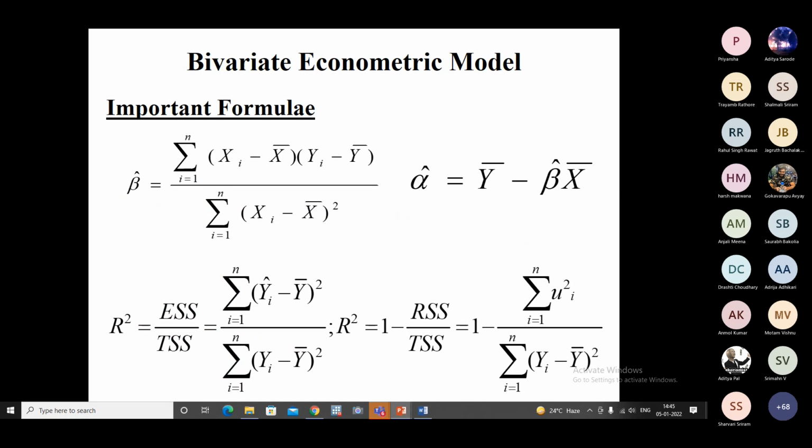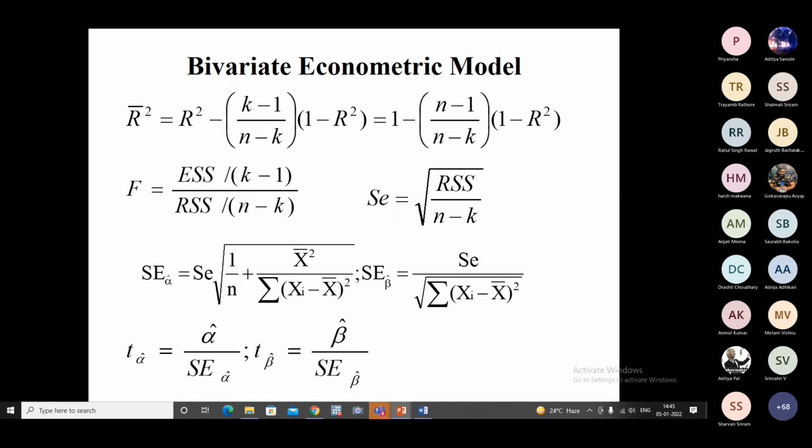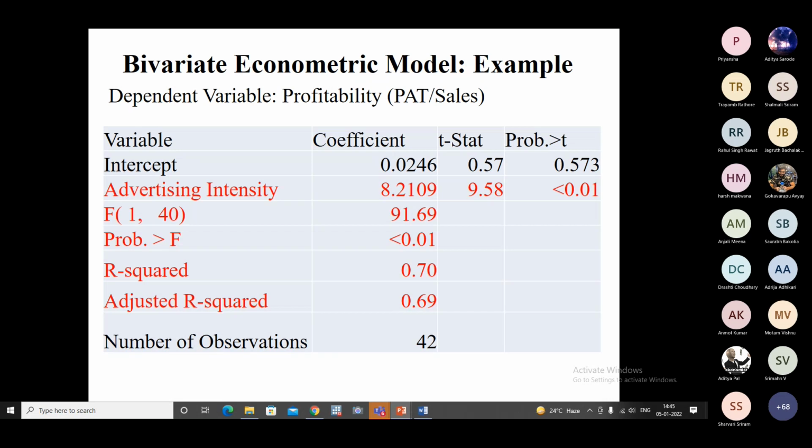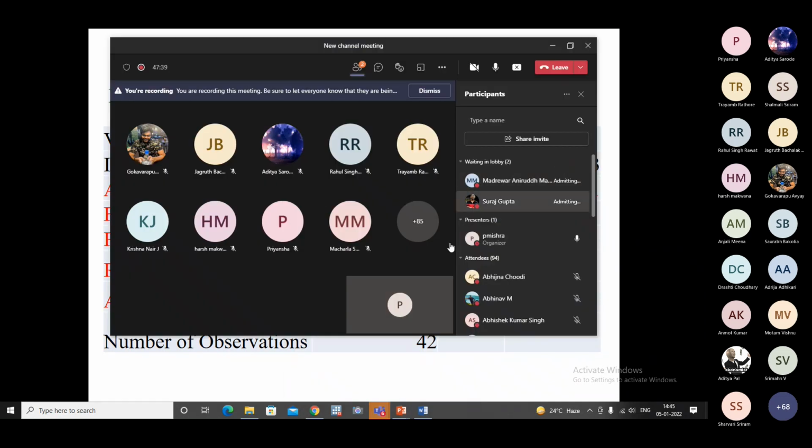Now, these are some formula. I'm not discussing this, I'll be just uploading. You please have a look. What I'll be doing, I'll be showing you a very simple example. It's an example of a bivariate model where